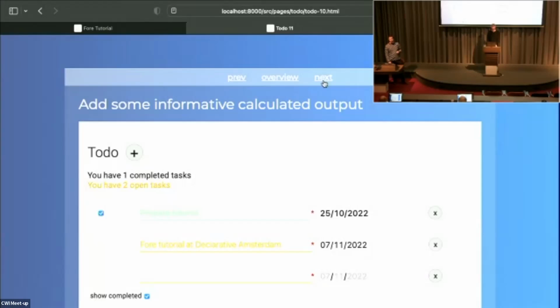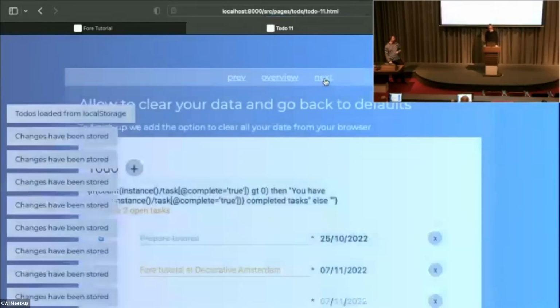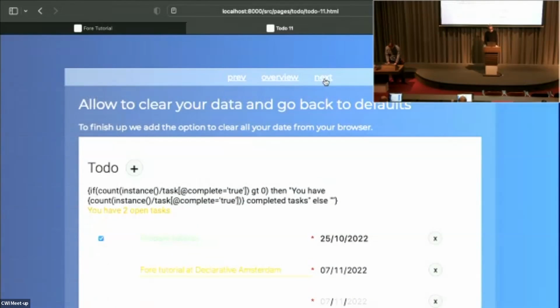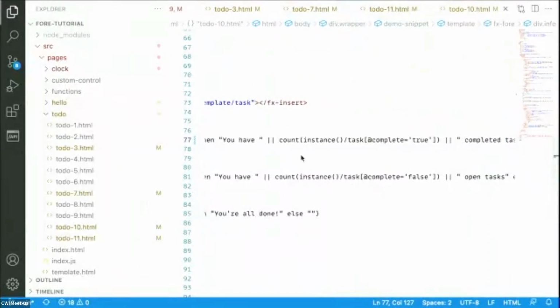Now we come to the really interesting stuff. If that was not enough, there's one last thing about this local storage thingy. Ah, I broke it here. Sorry. Let me